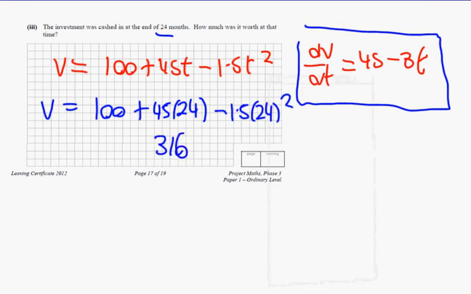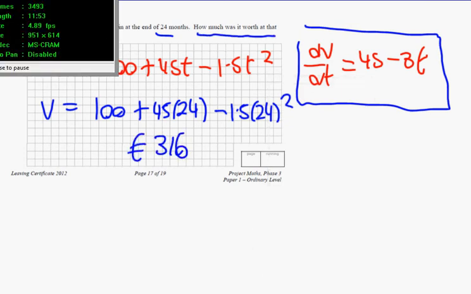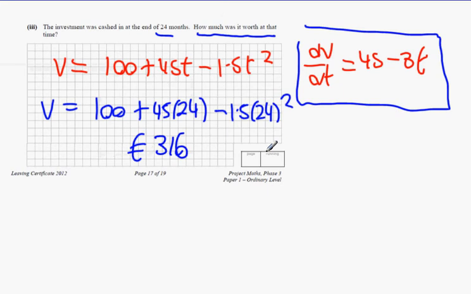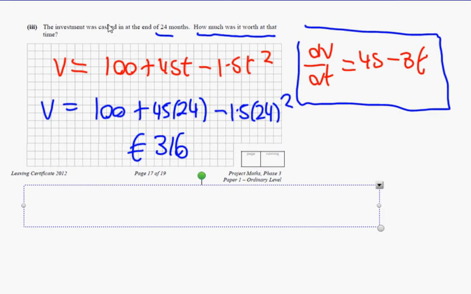Okay. I'll rewrite a question for you that would ask you to put it into 24. Okay? So, do you see the language of the question on top? That question is a V equation question. How much is it worth? If I rewrote the question like this, by how much was the investment